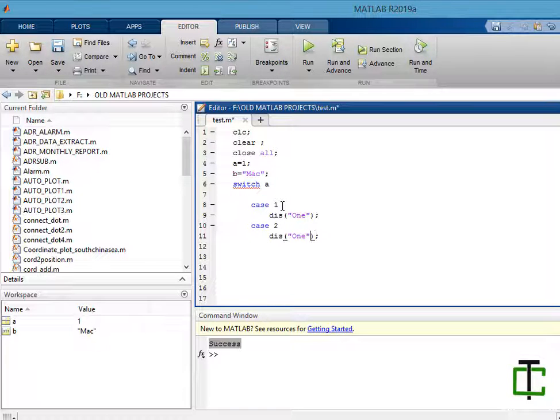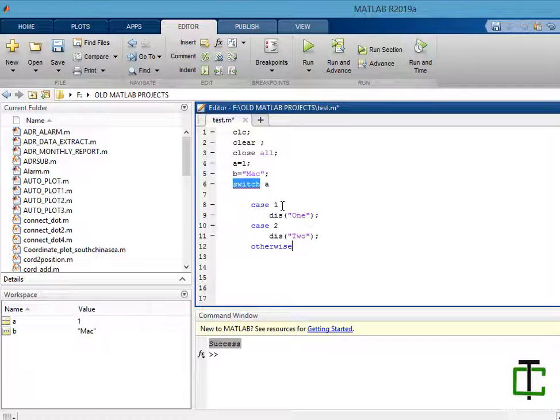We have to display 2. So you may have multiple options, case 1, case 2, case 3 up to infinite cases, but the last and final step is that we have to make another case, the default case.